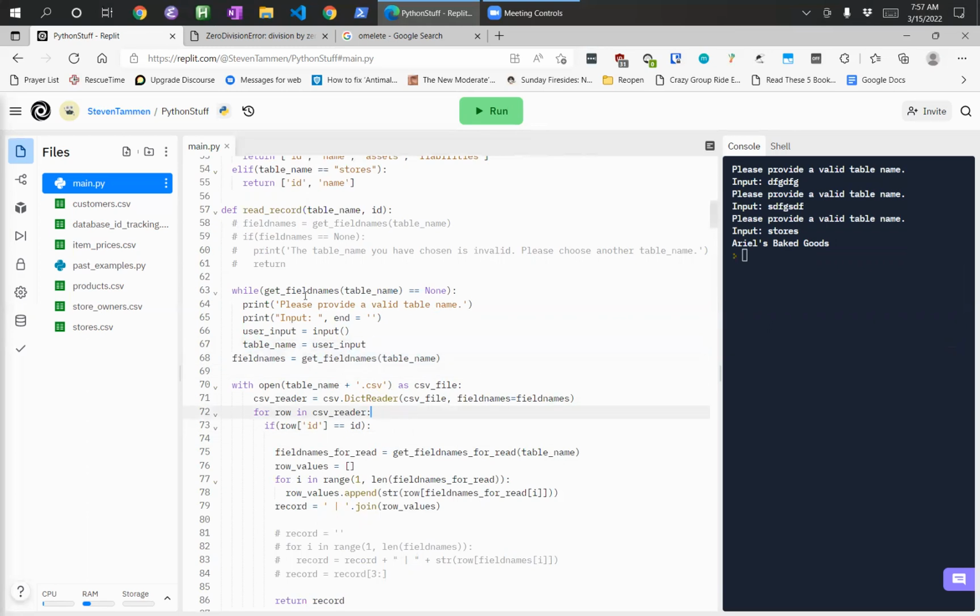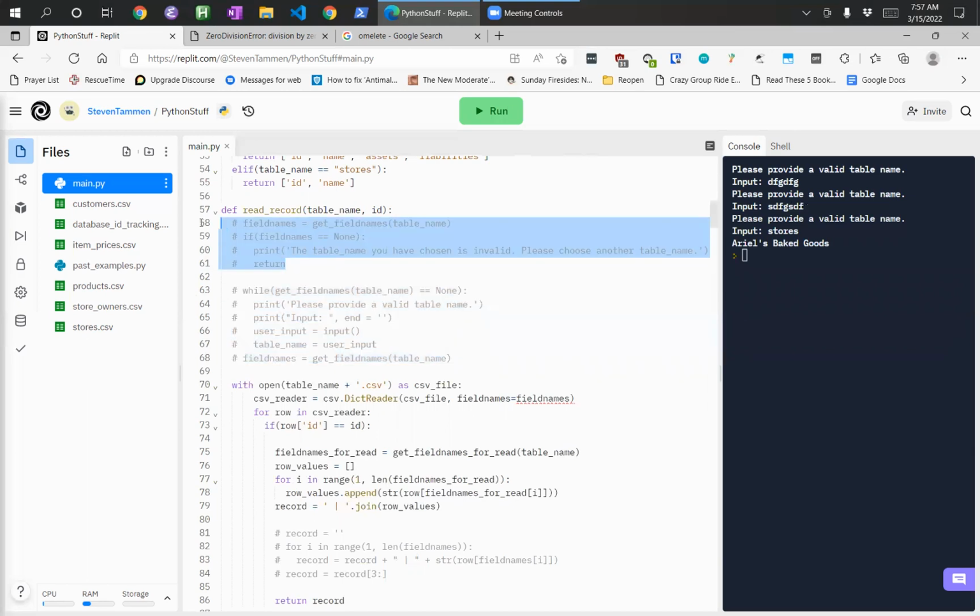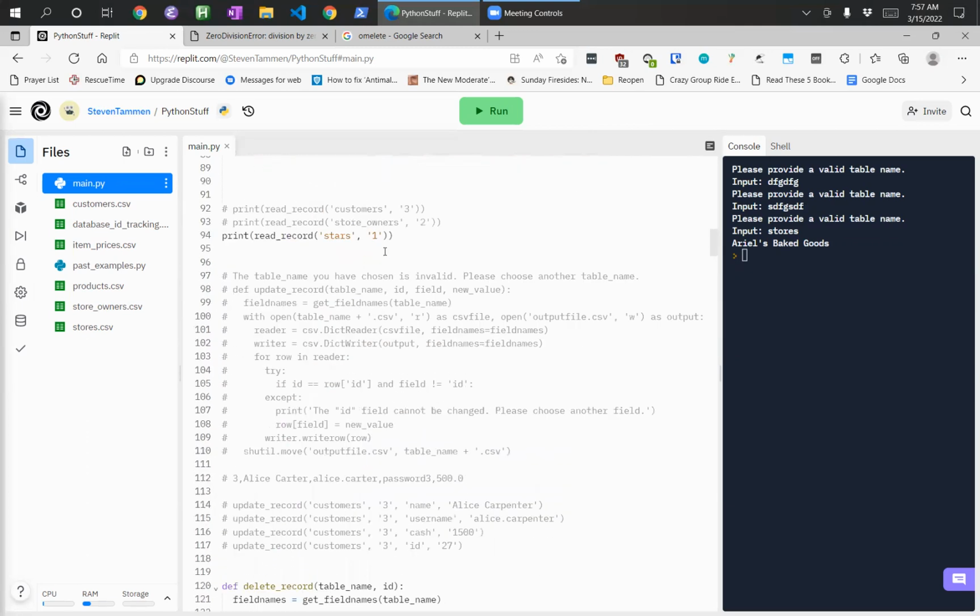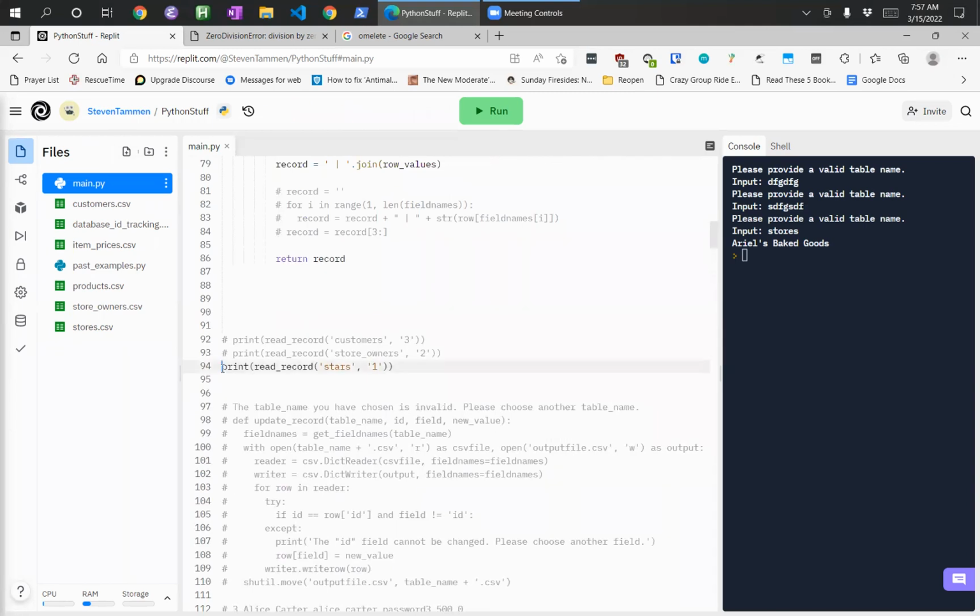Does this way make sense then? Okay. Yeah. So we have the while loop, we check it as a while loop inside the function. So that is one way. The other way that I was mentioning was we could have it external to this. So right now, this function as written will always return none if the table name they give us isn't valid. Okay. So in calling it, rather than just calling the print here, we would do something like